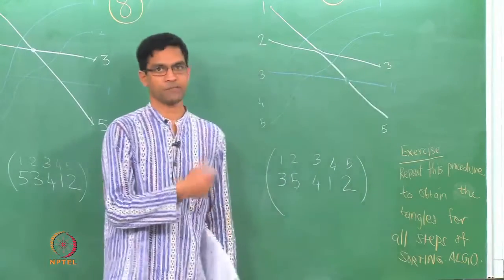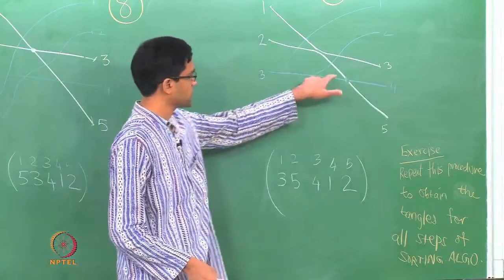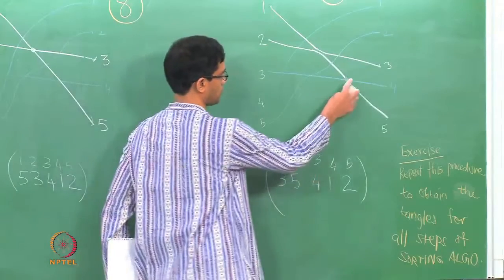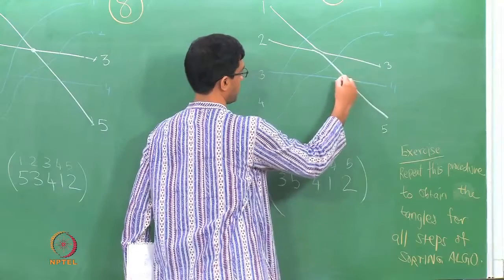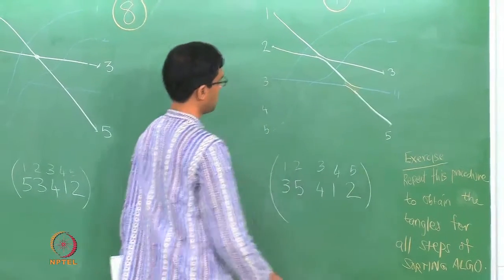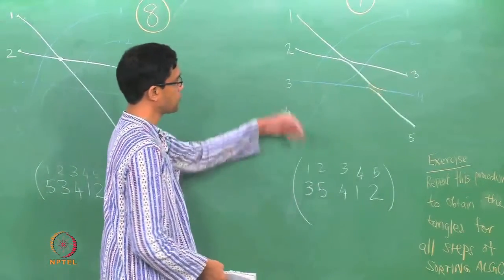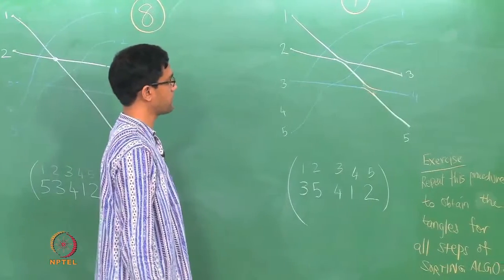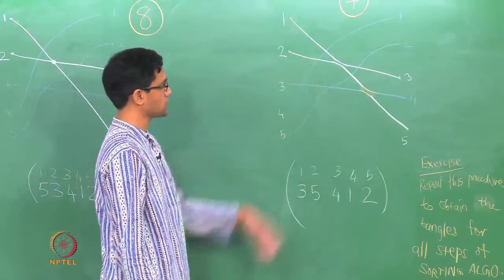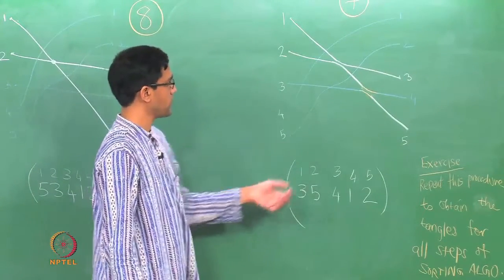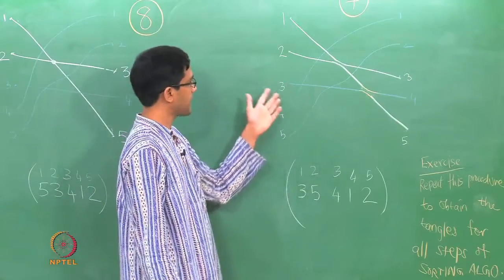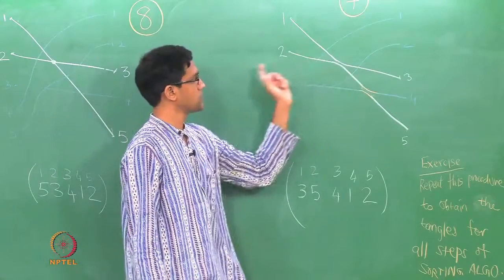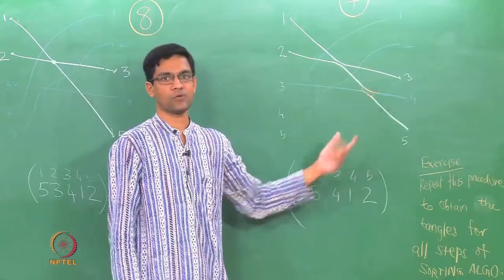Okay, and at every step doing the same thing, erasing this and making it go up and so on. So let me just do one more step. You just make this go this way, this go this way. Okay. And keep doing this. When you keep doing this at every step, finally it's sort of magical to see that at the very end, what is it that you're going to get? You're going to get a tangle which sends 1 to 1, which sends 2 to 2, which sends 3 to 3 and so on. Okay.